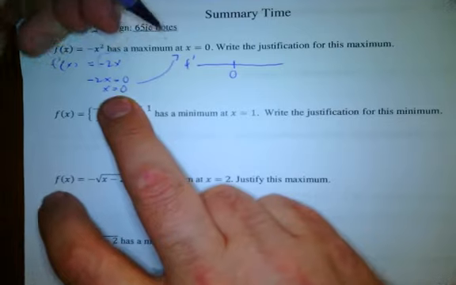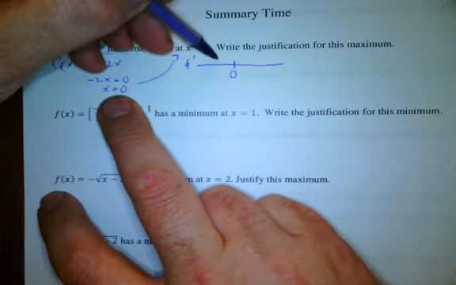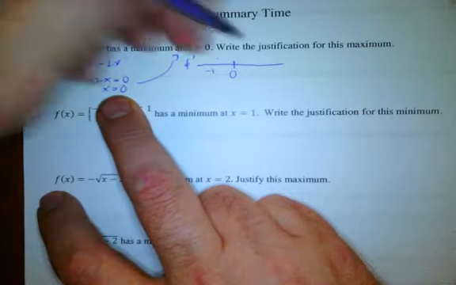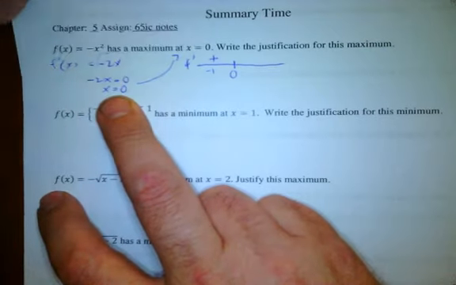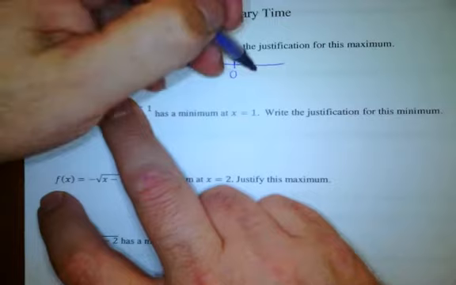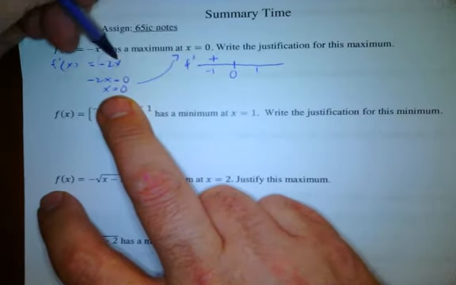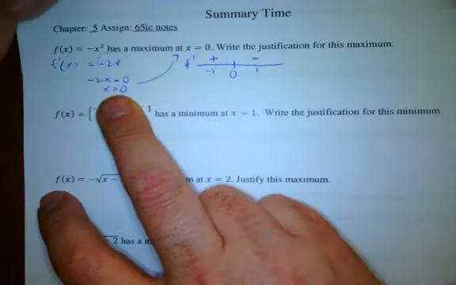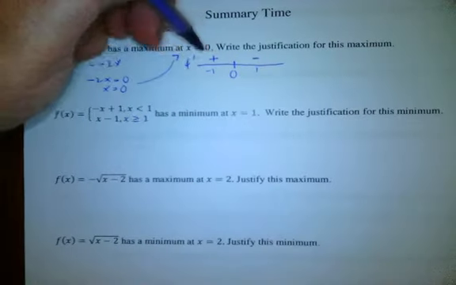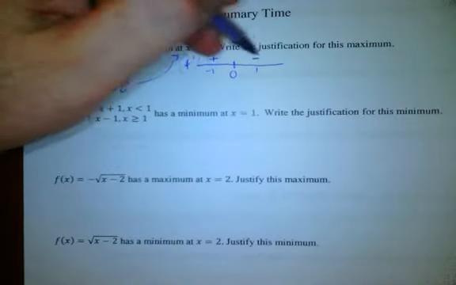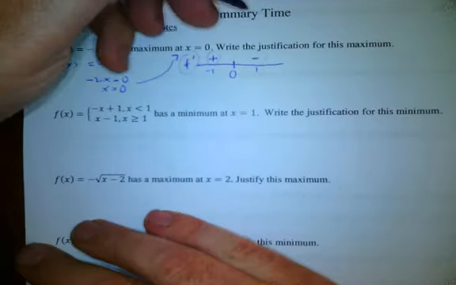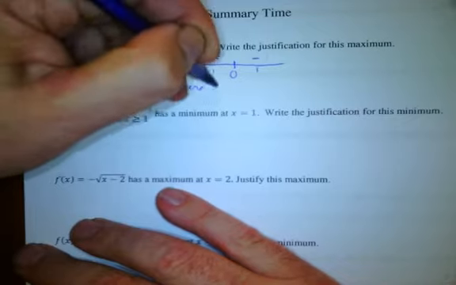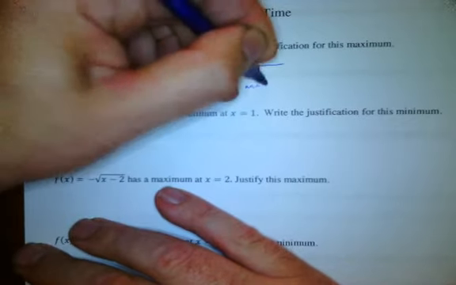and I have my critical value of 0, and I test a number to the left of x equals 0, like negative 1. Negative 1 times negative 2 is positive 2, and therefore f prime is positive over here. If I plug in a number like 1 into f prime, 1 times negative 2 is negative 2, and therefore f prime is negative over here. So I can see that f prime changes from positive to negative at x equals 0. And so my justification for this maximum would be: there is a max